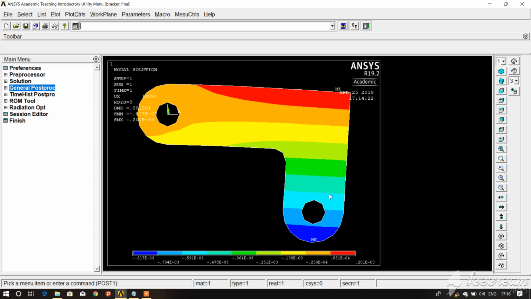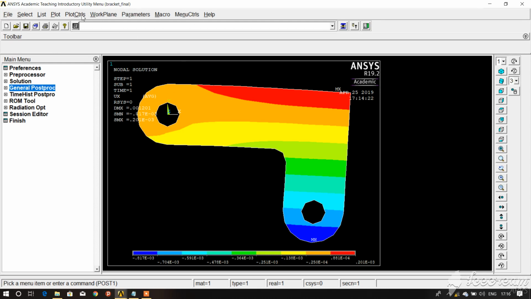So this is an introduction part for ANSYS Mechanical APDL. We're going to look at the menus, tabs, how to work, and basic information about the tabs, and how this APDL software works. So first we're going to see the utility menu bar, where we can work with the files,